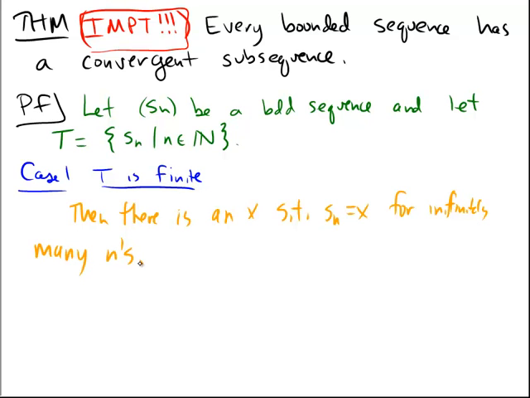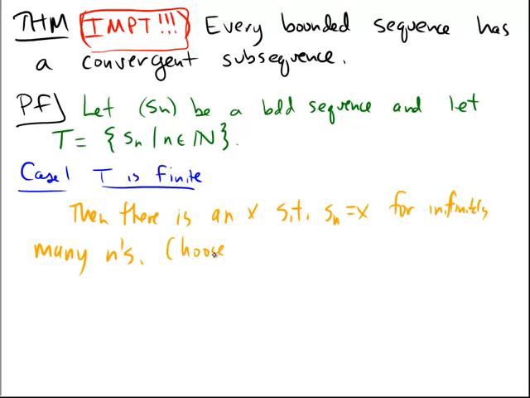Right? Because there's only finitely many different objects in T, so there must be one particular value that gets hit for infinitely many n's, because s_n is an infinite sequence, right? There's infinitely many terms in the sequence. Okay, so simply choose,